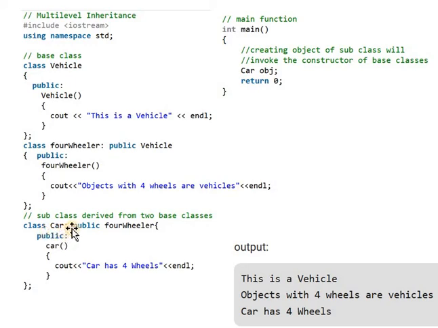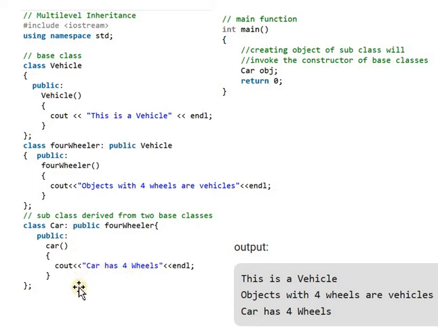Then after Car, we apply a colon operator, and after the colon operator we specify the visibility mode, and after the visibility mode we specify the intermediate class name. In this class also, by using the constructor, we simply display a message: car has four wheels.